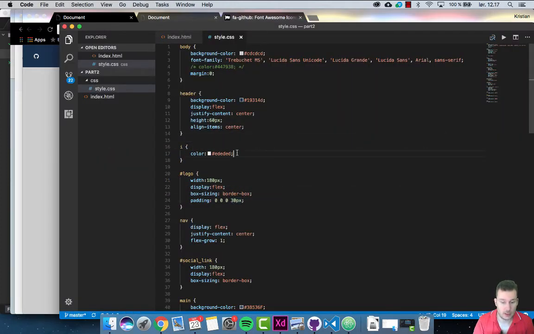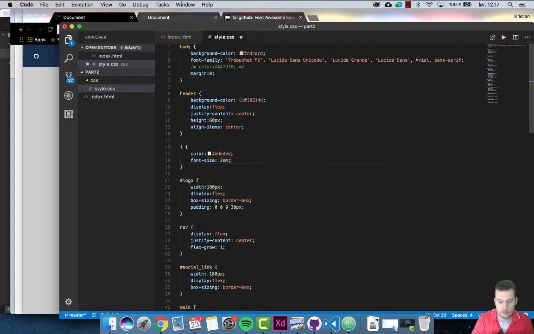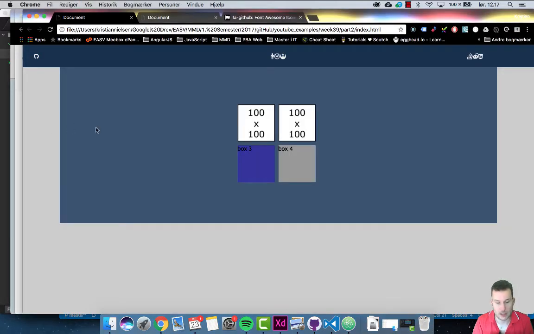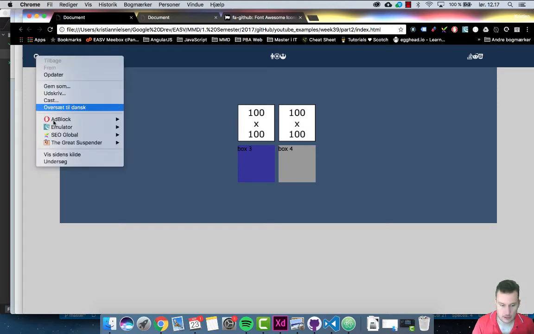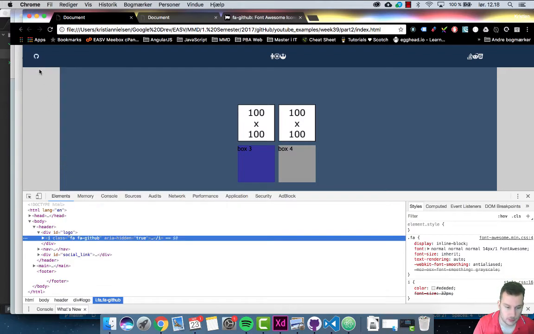So what happens if we just hit font size here and say 2em? That equals, or I could do, I think it's 32 pixels. And nothing actually happens. Oh, that sucks. What you can do is go to the, this is in Chrome, it's sort of similar in Firefox. Hover just over your icon of the GitHub, right click it, and then do inspect. And if you just see up here, or down here, if I just hover this and look just below, up here it says